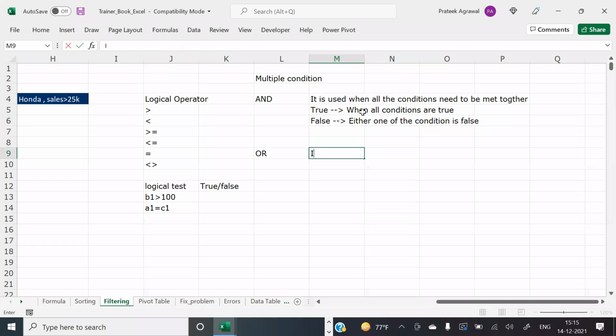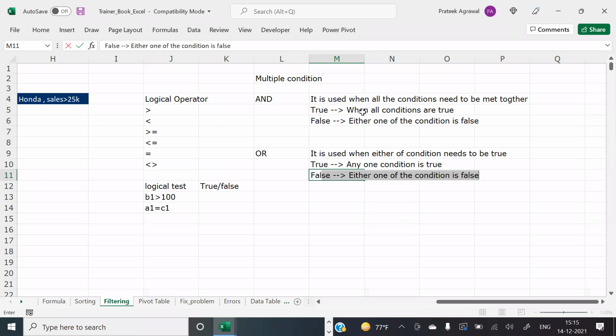And OR is used when any one of the conditions needs to be true, and we get a value of true when any one condition is true. And we get a value of false when all conditions are false. If you think about both, you're thinking only two, but I don't want you to think of two. It's multiple conditions.